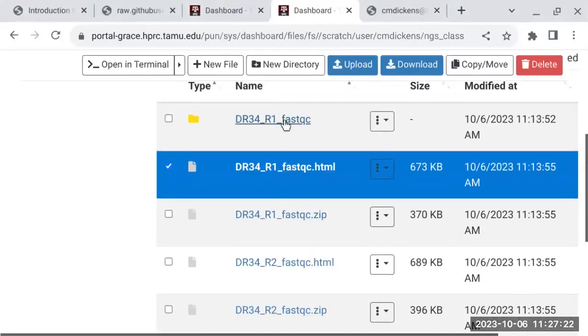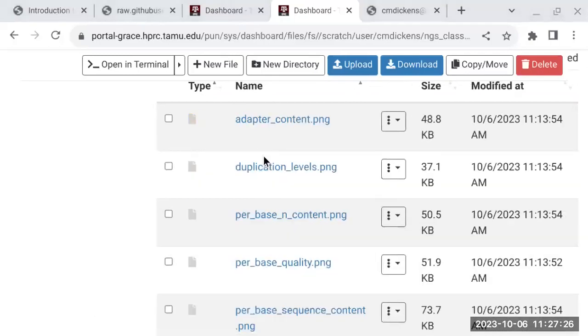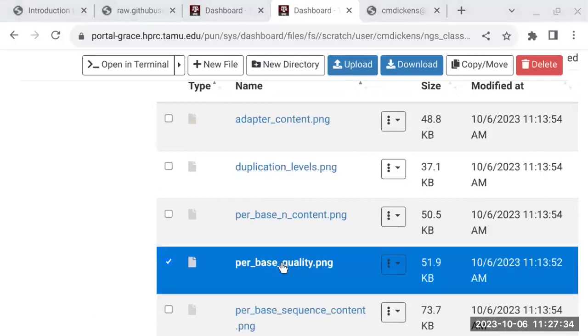So the images are in this directory, images. And we want to look at the per base quality. Okay, there it is, image, per base quality. You can see green is good, yellow, okay, red, not so good. Generally, what you see is Illumina reads have very high quality. When it gets into 300 bases, 250, 300, the quality is a little bit lower, but you can see like